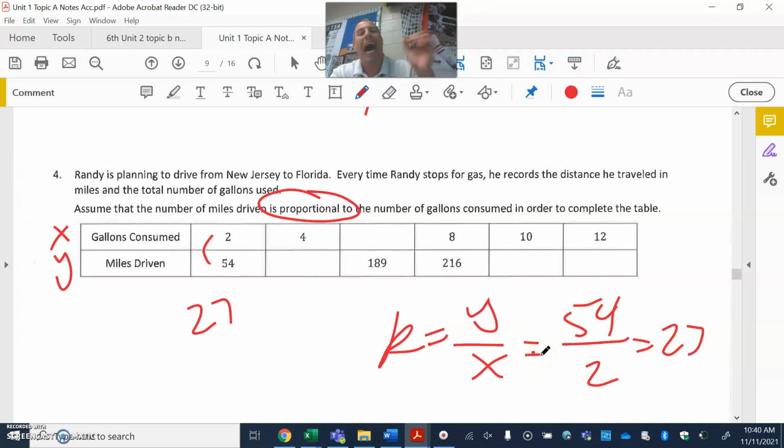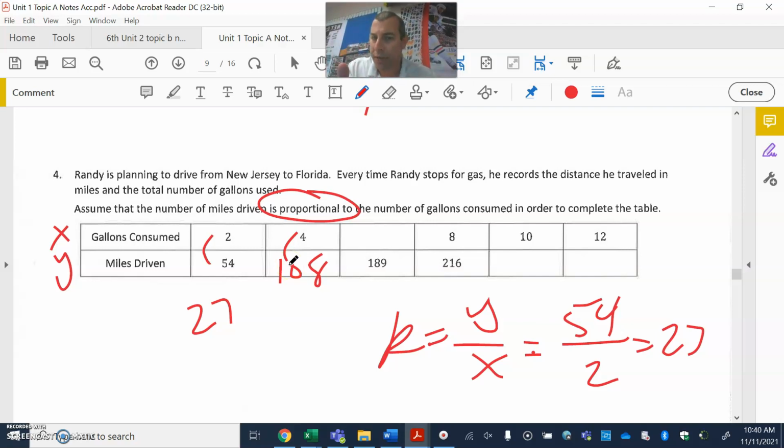So we've got a constant of 27. Again, we can come up with that because it's who we are multiplying by. So that tells me, take that 4 and multiply it by 27. So an 8, carry a 2, 108. All right, 189. Now,